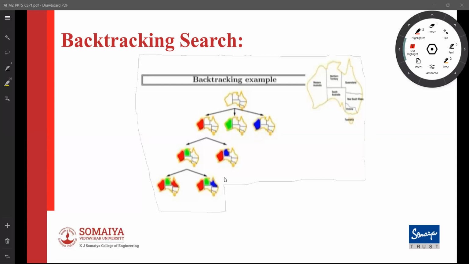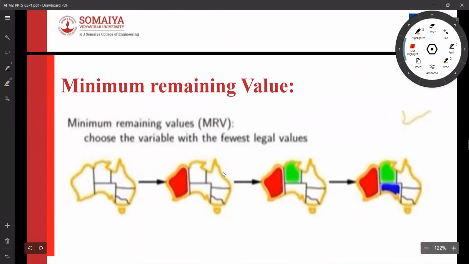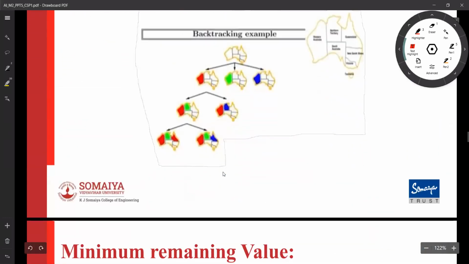let us discuss two interesting things about inference, for which we are going to use the backtracking search algorithm. How do we pick which variable to set first, and how do we pick which value of the variable to set first? That is the major thing we have to look at.